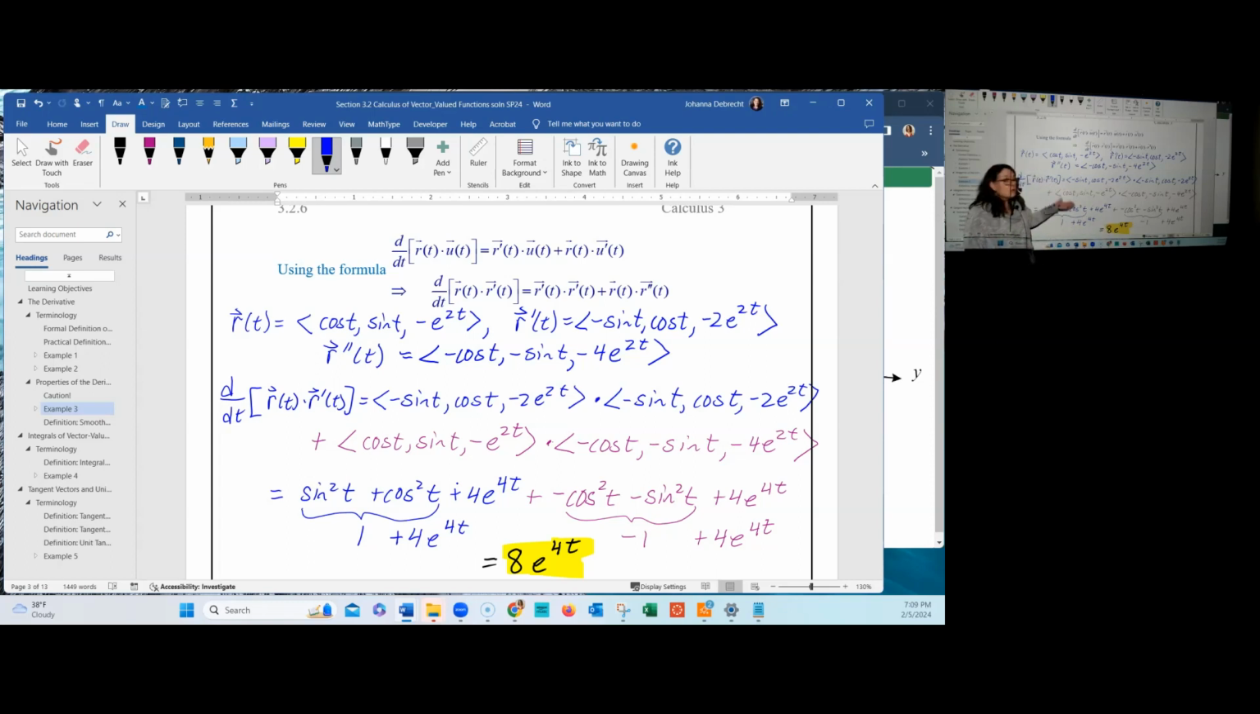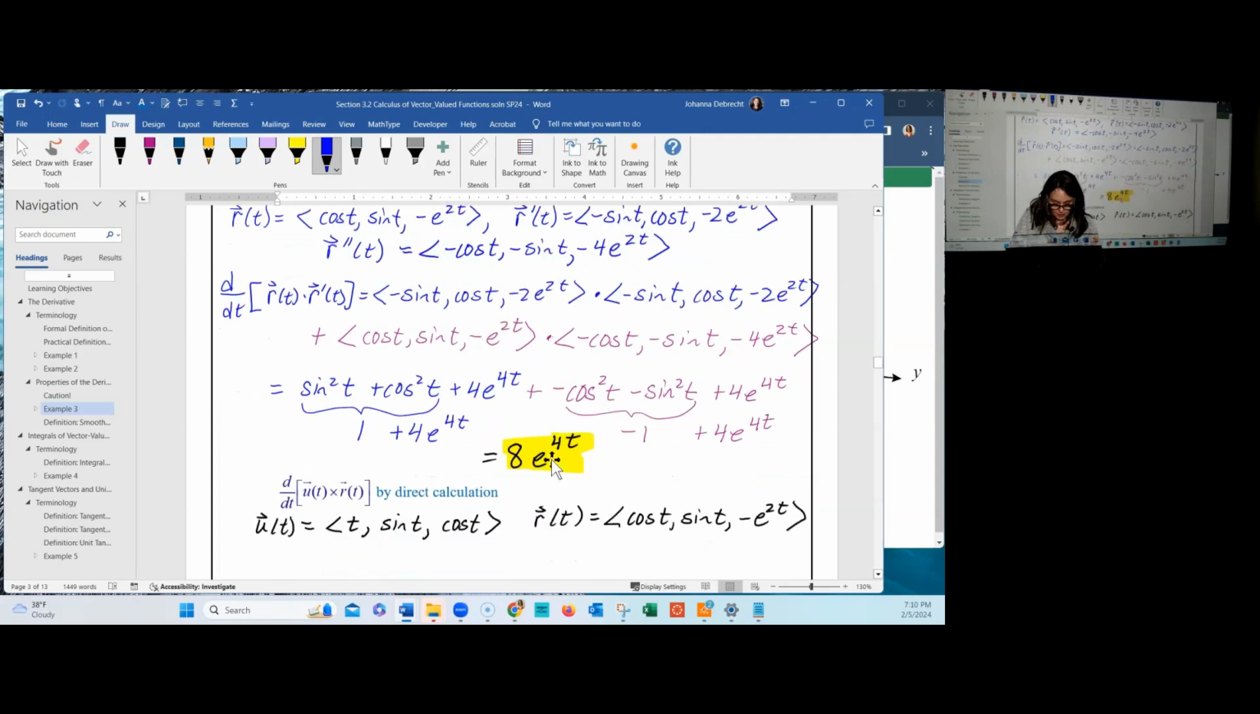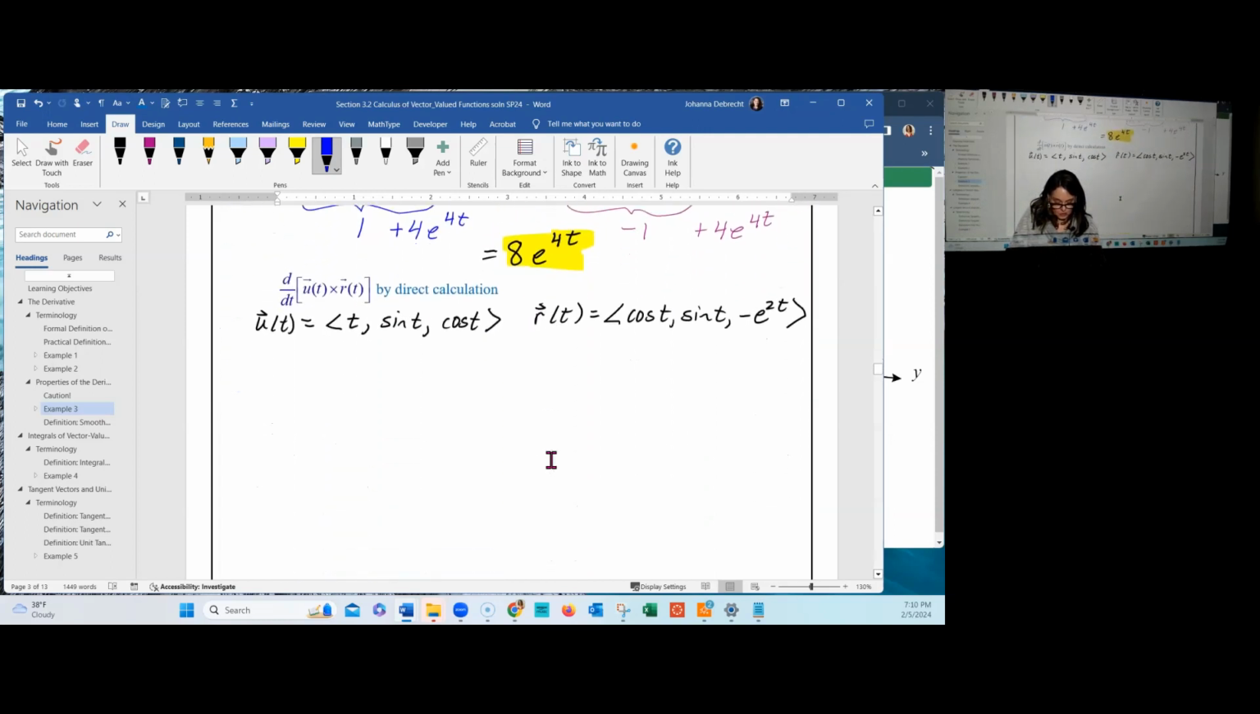You'll notice that I don't really think that this is easier. Whether it's easier or not depends on the particular vectors that you have. You'll simply have to judge whether you want to do it by direct calculation or using one of the properties. Let's now take a look at the second part to this example, which is to compute